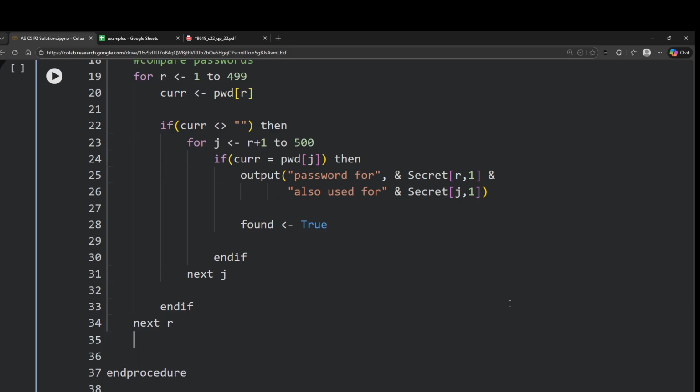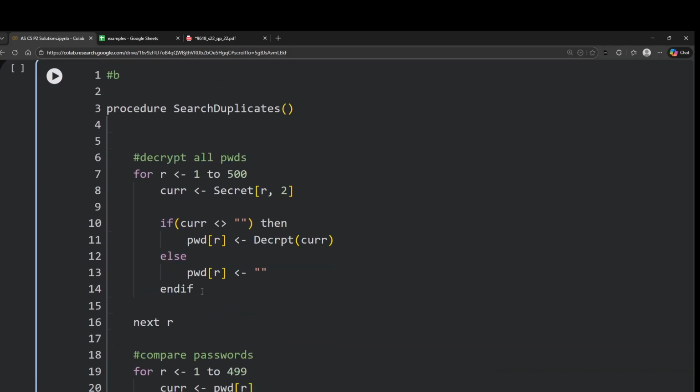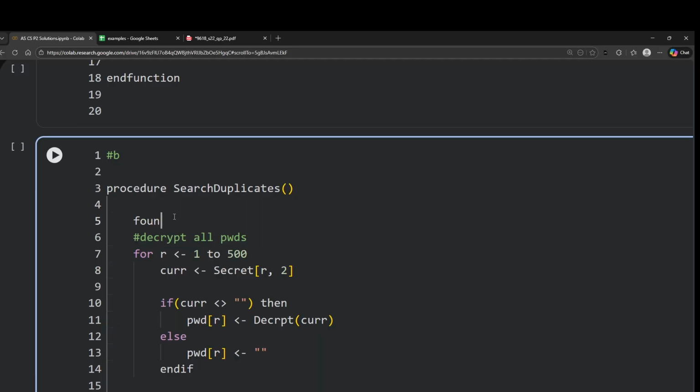So once the whole nested loop ends, we will simply check if the value remained false. If not found, or if found is equal to false, then we'll simply output no password duplicates, and we do endif, and then we also have to set found to false initially,